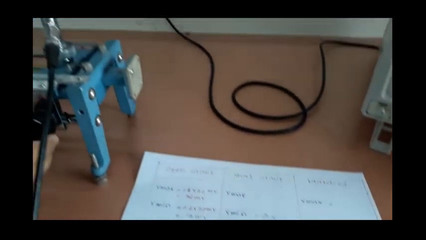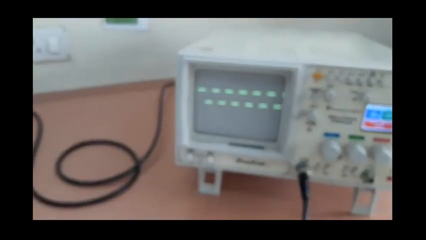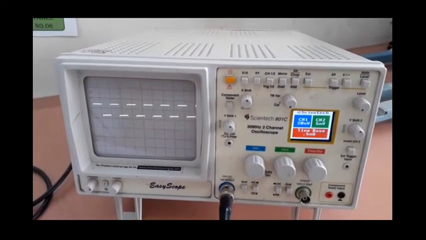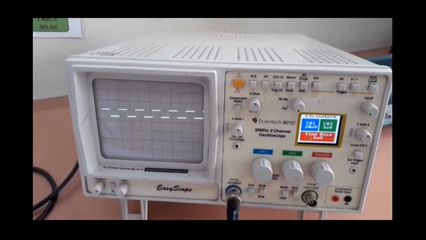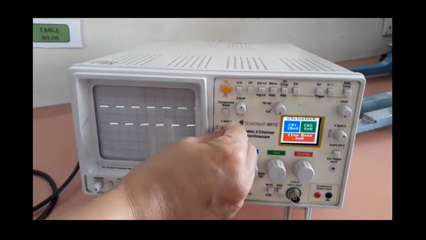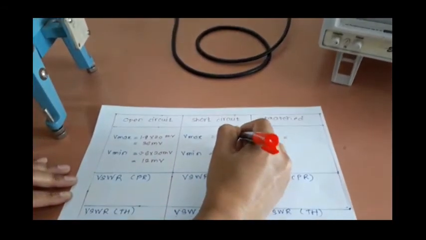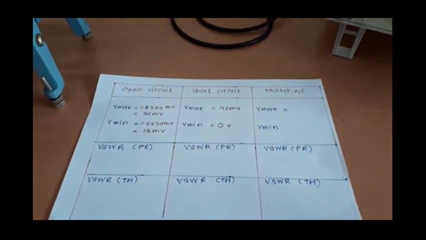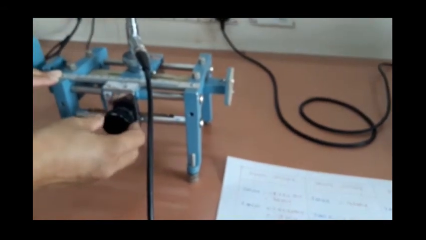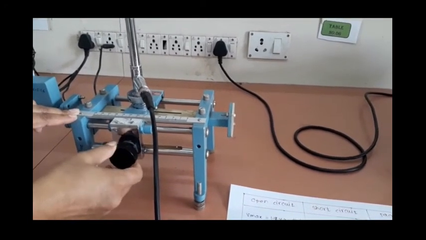Again I am moving this probe along the complete line, and you can see I am getting some maxima over there. These are the maximum voltage. Now this particular point will be the minima and this will be the maxima. So I will measure this maxima now. I can see here 2 divisions and 20 millivolts, so this is 40 millivolts. I have taken this reading, and I'll again check on the complete line whether I am getting more than 40 millivolts somewhere. No, I am getting the maximum of 40 millivolts. So this is the second condition which we have observed.